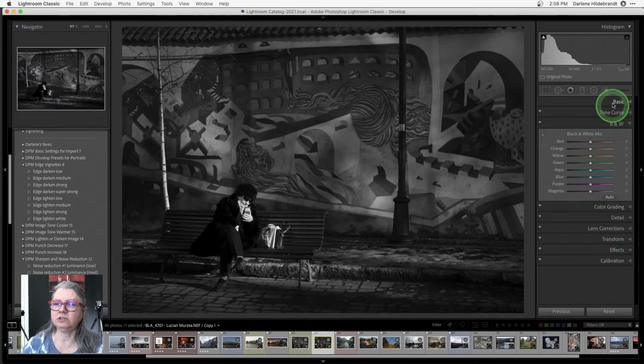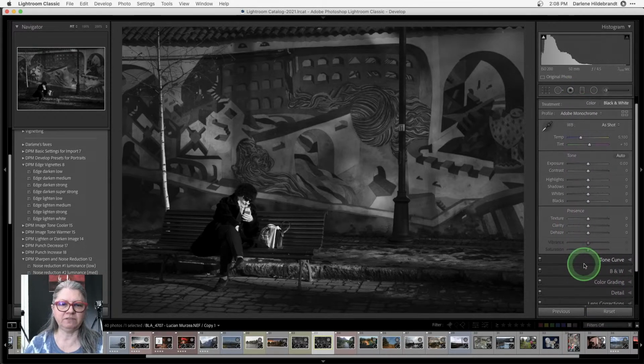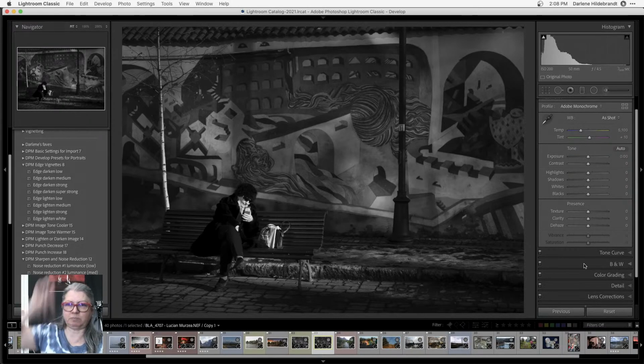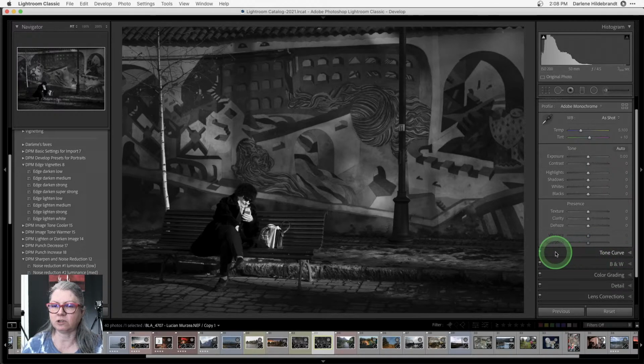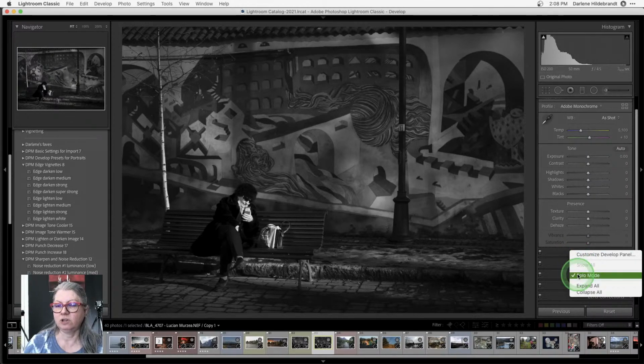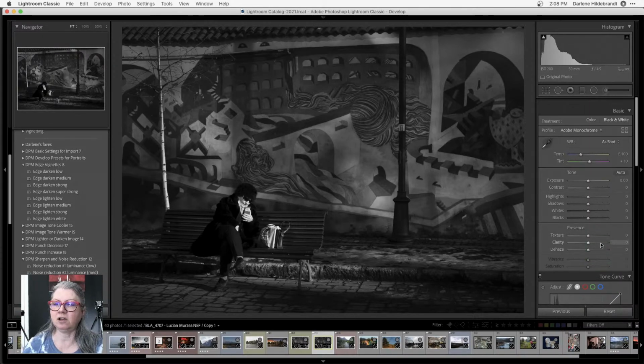Now you'll notice that when I go from one panel to the next, it closes the one that I was on and opens a new one. The benefit of that is that you don't have a whole bunch of panels open and you have to scroll all the time. If you don't have that in your Lightroom, just right click over the word itself. So not here. Actually, it does work here. So click over the panel like this on one of these and make sure that solo mode is checked. If I untick it, now you'll see that when I open these, they all stay open, and it causes a lot more scrolling.